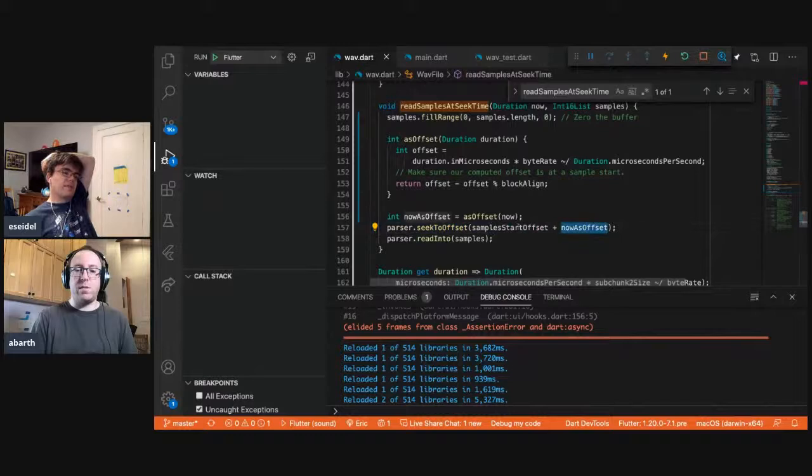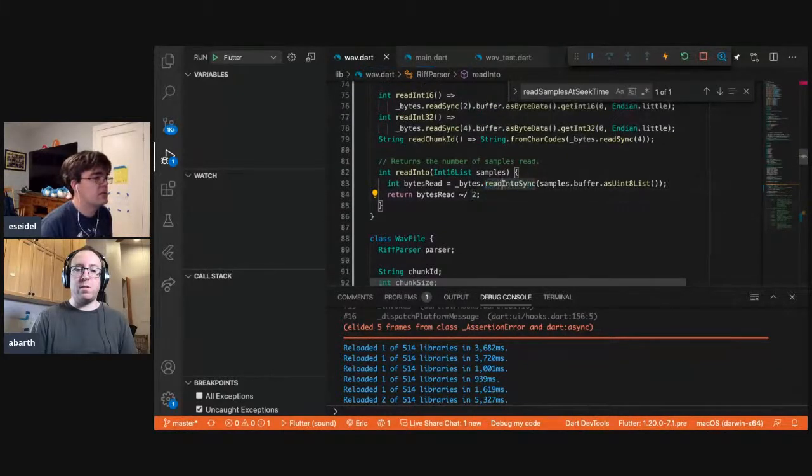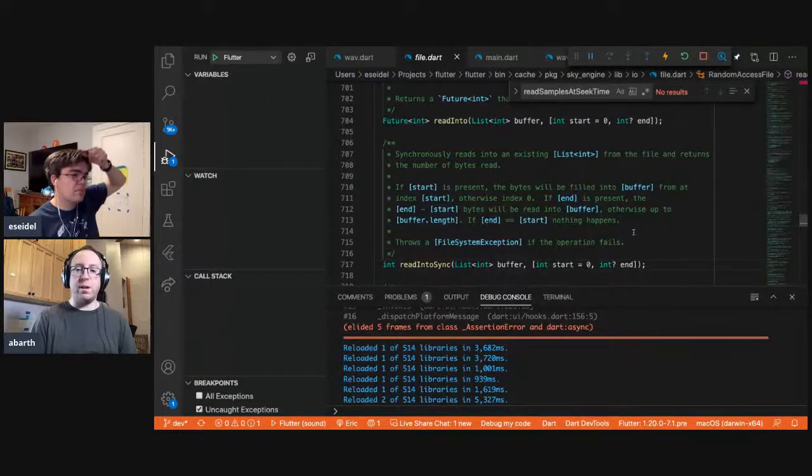The problem is that this function will happily read the whole thing. So what we'd have to do is another fill range. Well, we could also just tell that function how many to read. Right now, it's implicitly going to read as many as the buffer, but we could just say, actually, just read a certain number. Yes. I presume this must take a read number of bytes. So I think that's what the start end business is about.